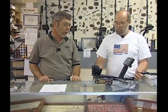This is going to give us an ability to enhance the sensitivity of the unit to small brass targets. Additionally, it's going to help us with the harmonics encountered when you're near 60 cycle interference. We have some fields where there's some huge electrical towers going through,